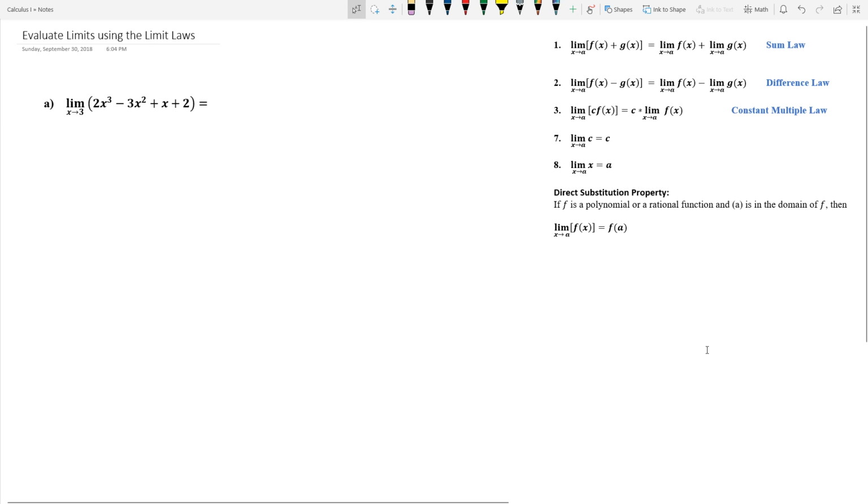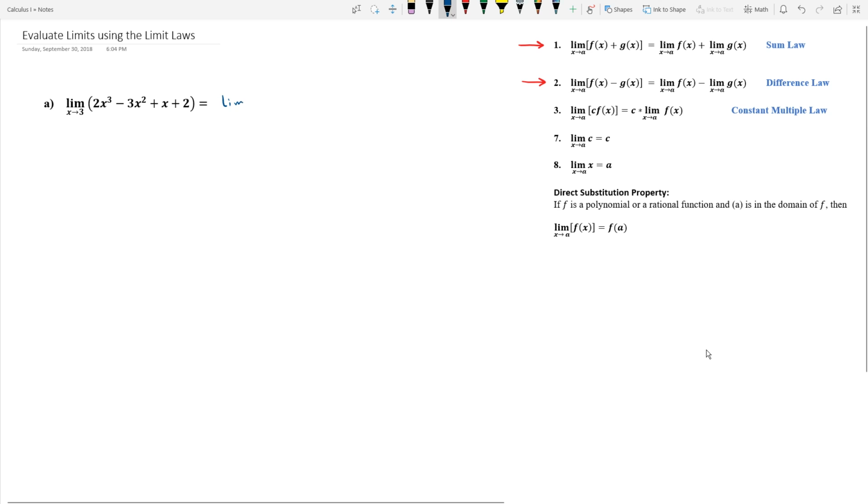So in this video, we're going to evaluate this argument for a limit by using our limit laws. And the first thing that we can do is use our law 1 and 2, which is the sum and difference law. So we can separate each one of these terms or arguments using that, and we'll set it up such that